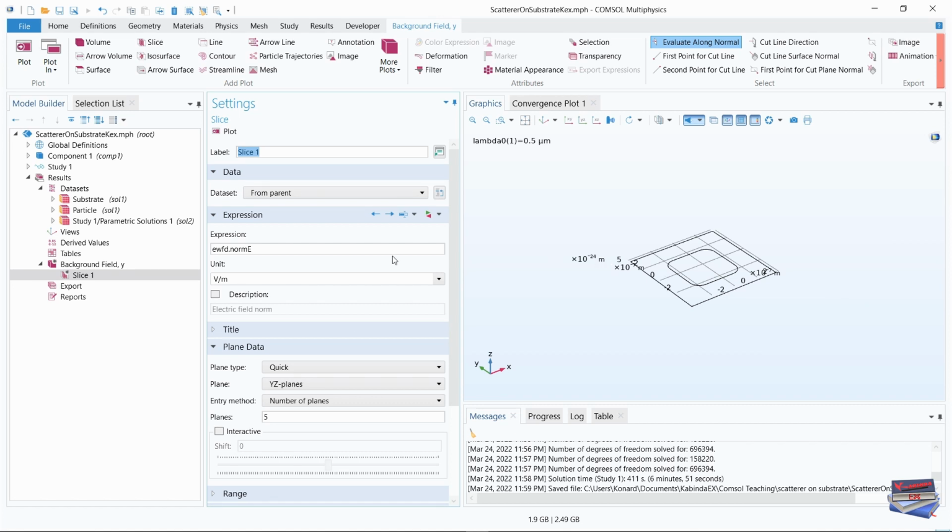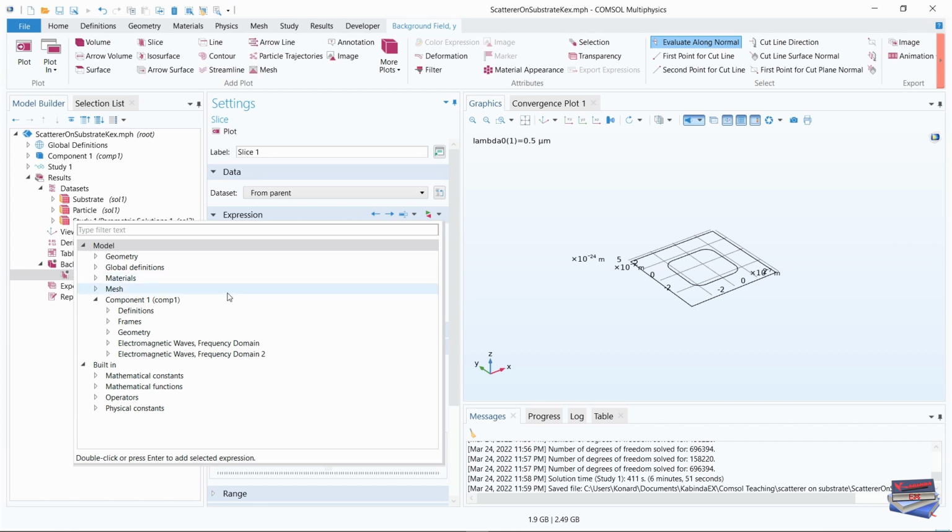And here in the settings for slice, let's click replace expression, and let's go to electromagnetic waves and the component 1, frequency domain, so this one,